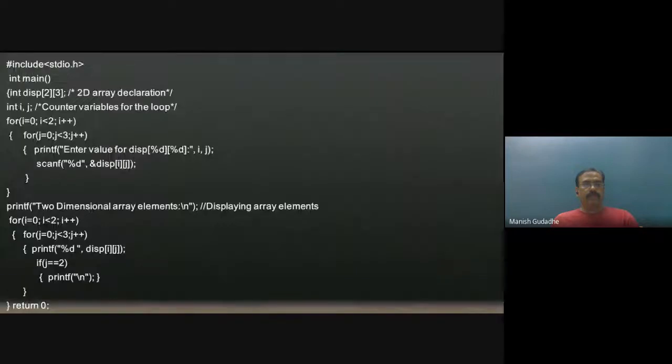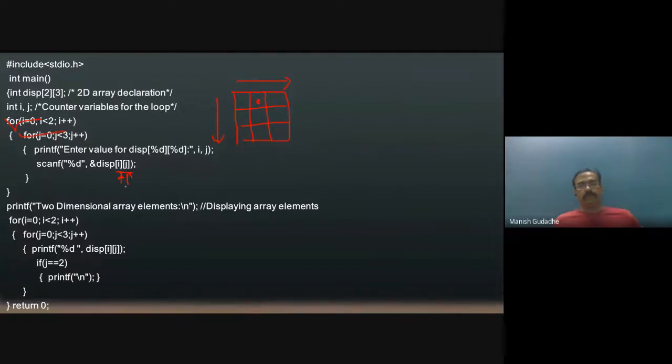we need to take help of two loops, whereas we'll be having a matrix in this way. So we'll be having two dimensions. One dimension is the row dimension and another dimension is the column dimension. So every element will be identified with a row number and a column number. So every element is going to have two indices, i and j. i relates to row and j relates to column.